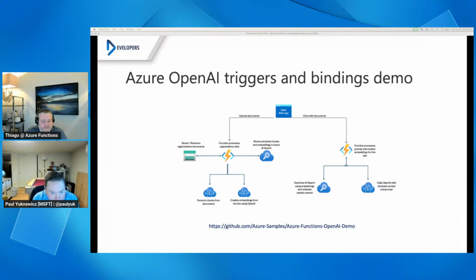So in this picture, what we're seeing is the functions receive the data, and then we're going to do some embeddings. We're going to extract those documents into chunks, and we're going to convert them into vector embeddings. Vector embeddings is basically the format that a vector similarity search and AI will want to use. And then once we have things in a vector database, we can do some prompts over it with a semantic search. So that's effectively what we're showing here.